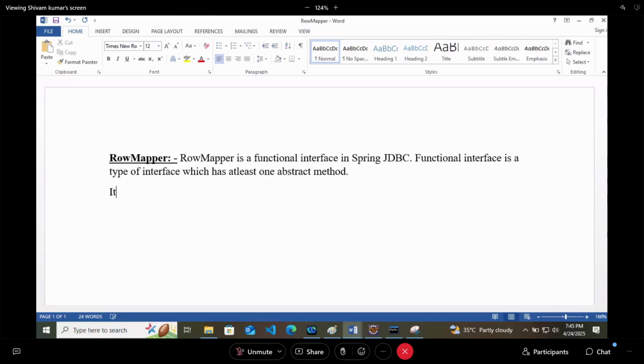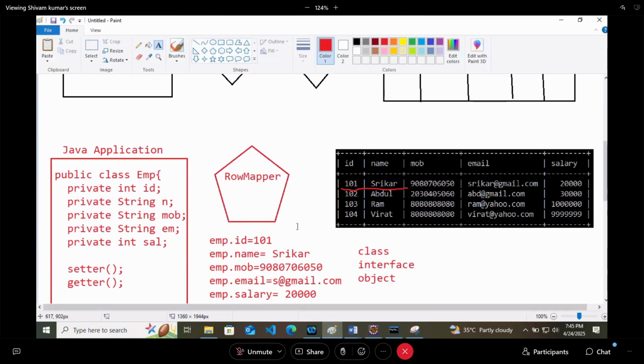Row mapper will not store any data. Row mapper will take the first row, then second row, third row, fourth row. If 100 rows are available, row mapper will automatically take them. In result set, we have to run a loop.